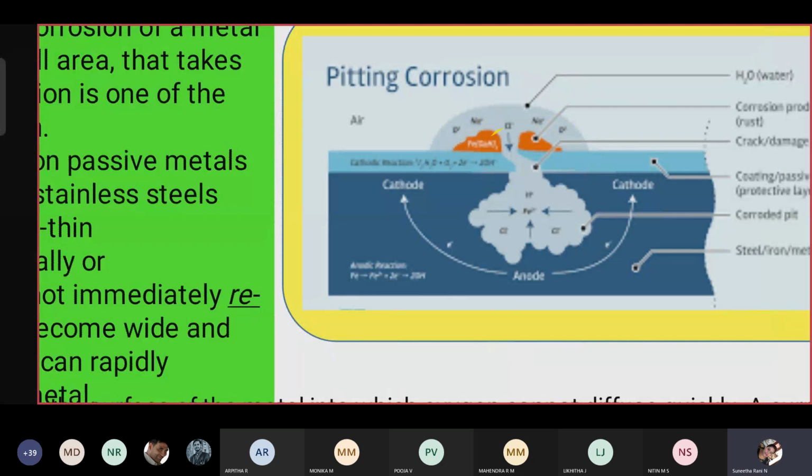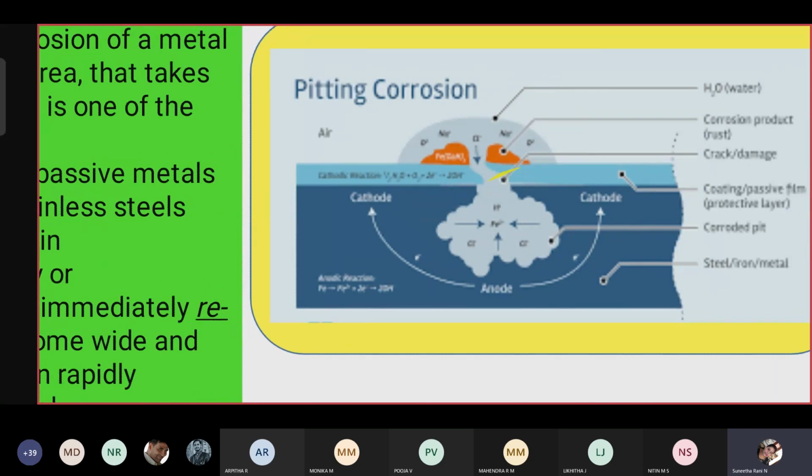That same concept applies here also on the metal. When you take a piece of metal and dust sits on the surface for a longer period, for more than a month or two months or a year, the portion beneath the dust acts as the anode and is affected by corrosion. What happens? Below the dust surface, it starts forming a hole. After forming a hole, this acts as an anode.